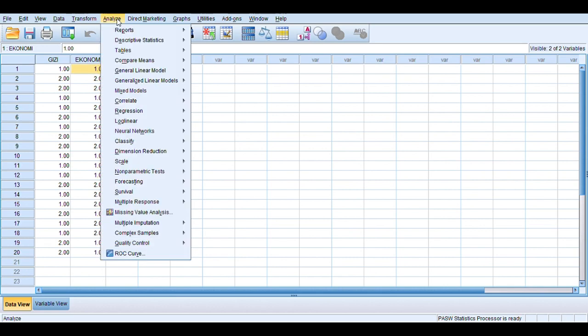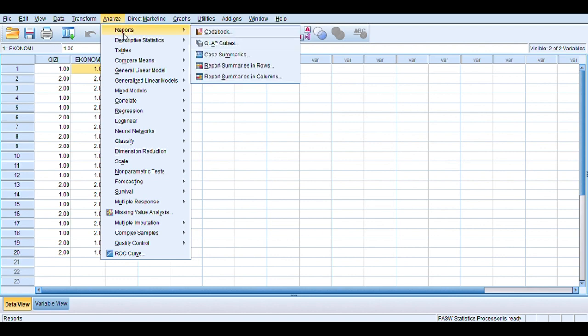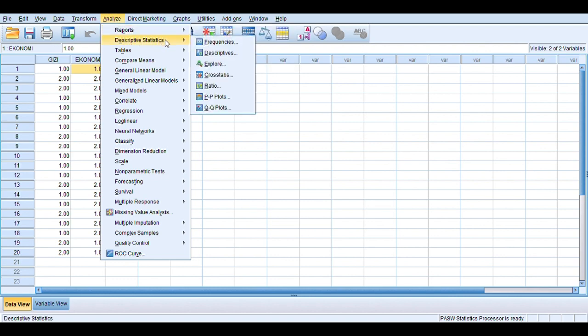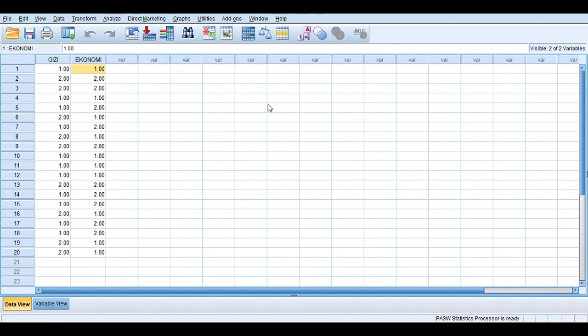Click analyze. Descriptive statistics. Click crosstabs. Click statistics again. Click chi-square. Click continue. Click cells. Click row and total. Click continue. Click OK.